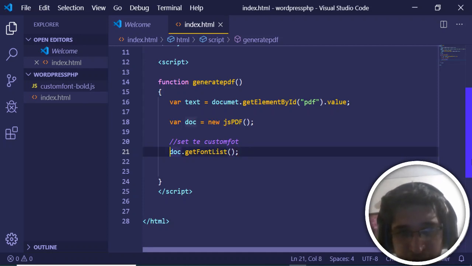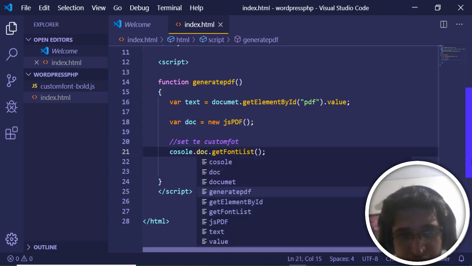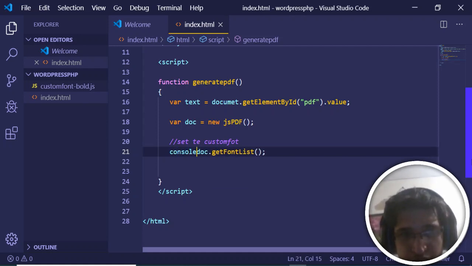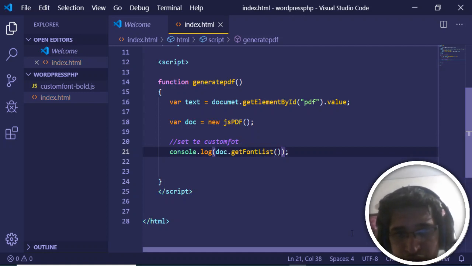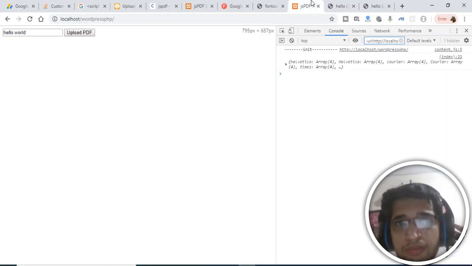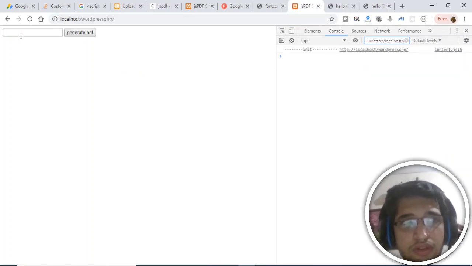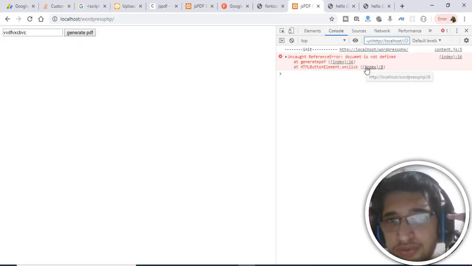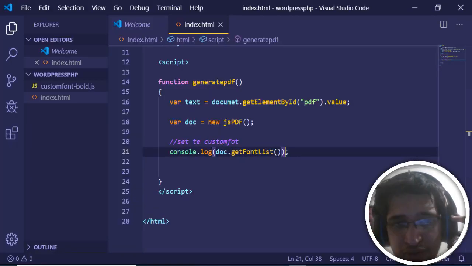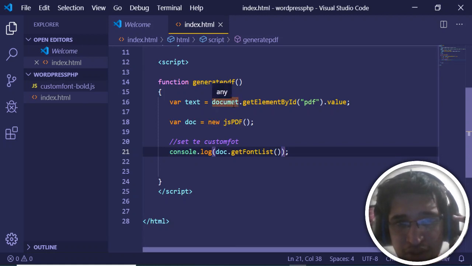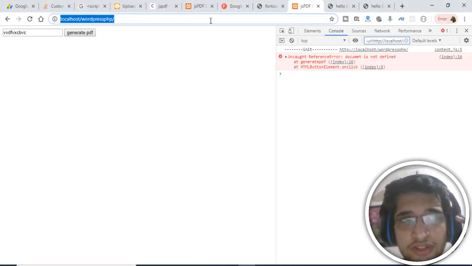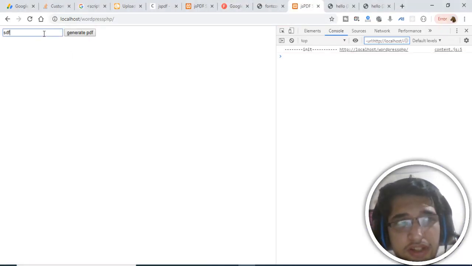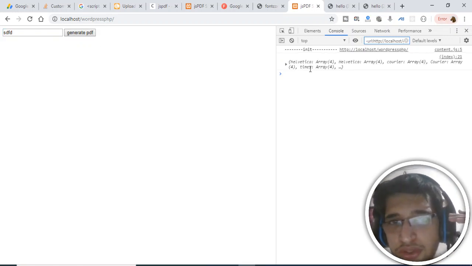If I just print it out in the console.log and go back to the application and write something here, you will see that the list of document is not defined. So just make the n here, doc.getFontList. If I refresh once again and type something,